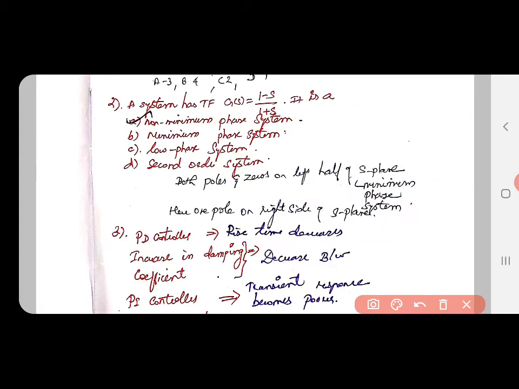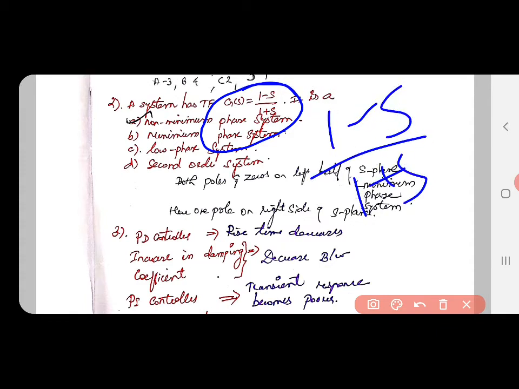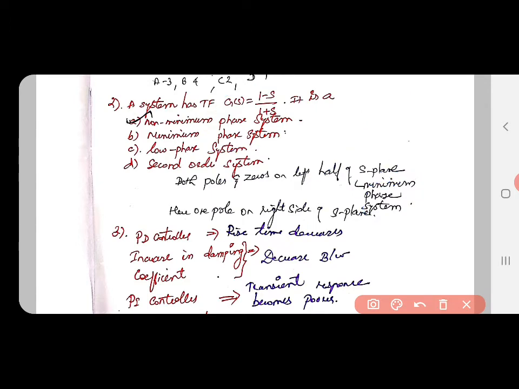Actually when one pole is on the right side and one is on the left, if there is a pole-zero arrangement like this, this is a non-minimum phase system. So the given transfer function G of s, 1 minus s by 1 plus s, is a non-minimum phase system. Okay,